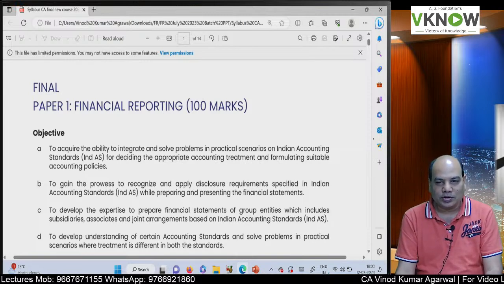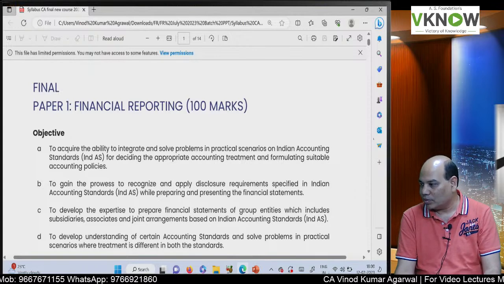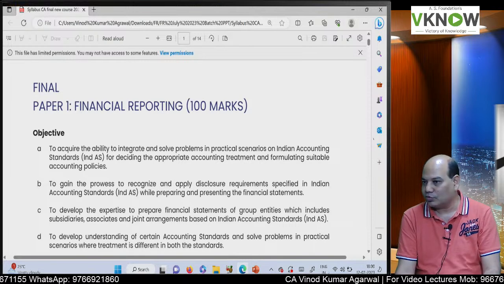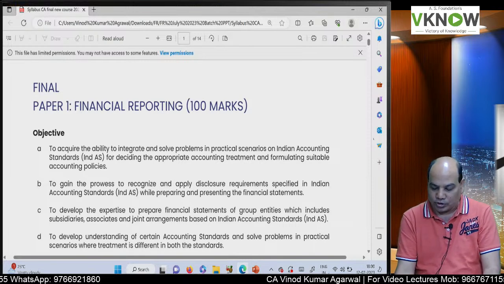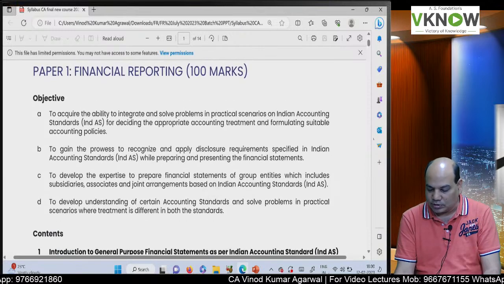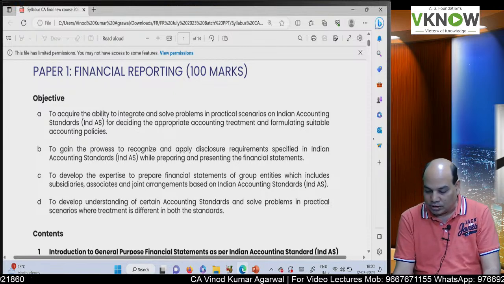Plus, in the new syllabus you will also have to study MCQs. For the old course, MCQs are not there, so old course students can enjoy; they don't have to study the MCQs. If you look at the objective of this FR syllabus, taken from the institute website only, it says that